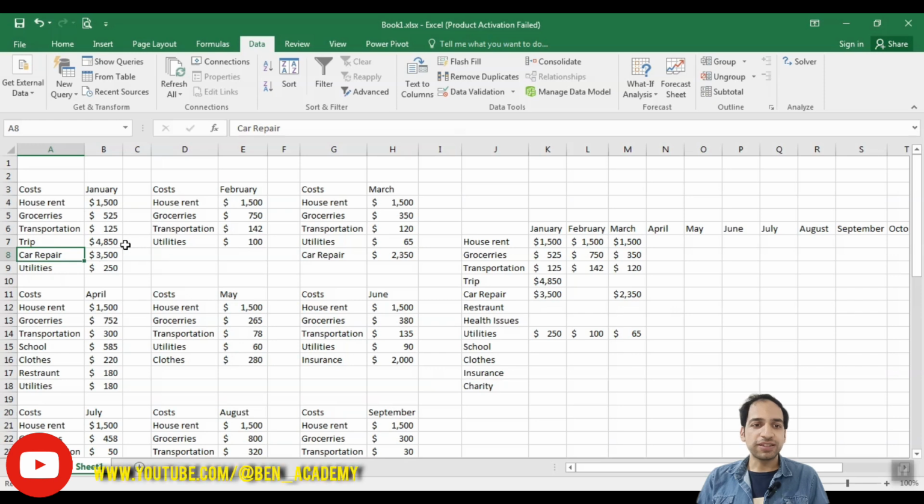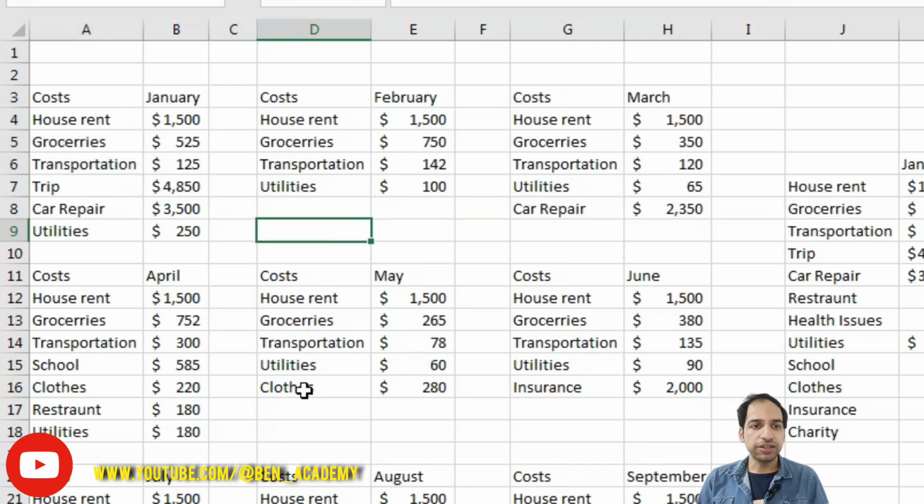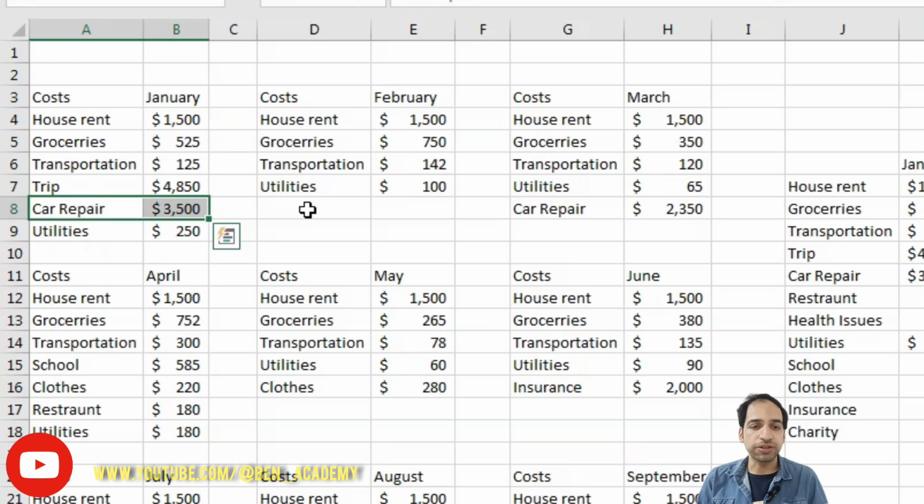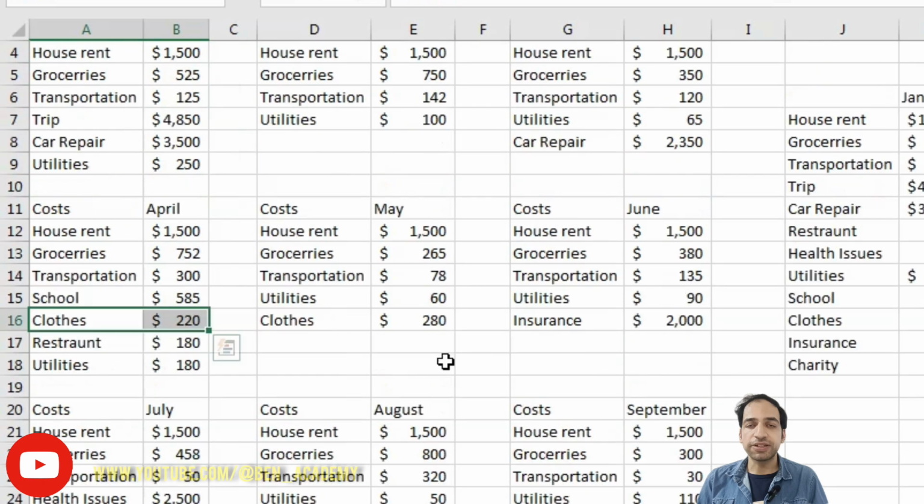Suppose we have a file like this. These are multiple small tables that are written for every month. These are expense tables, and you can see some titles are common for the months, such as house rent, groceries, transportation, but some other items are specifically written for each month that had the same expense. For example, car repair is done in January, but every month we don't have car repair. And for example, here there is a cost related to clothes, but the other months may not have this item